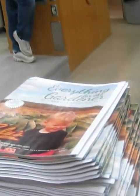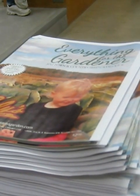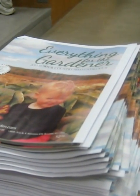Do you have any black cranberry seeds or chocolate that's dark? We do have